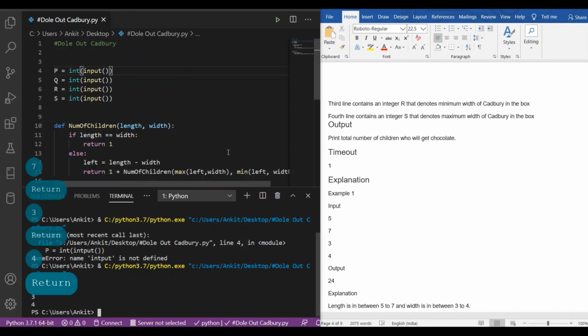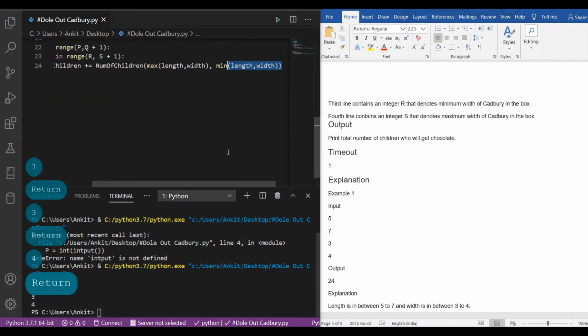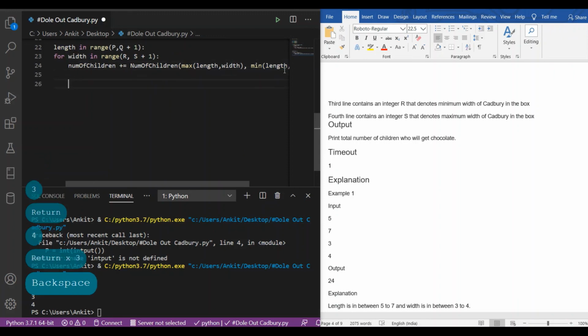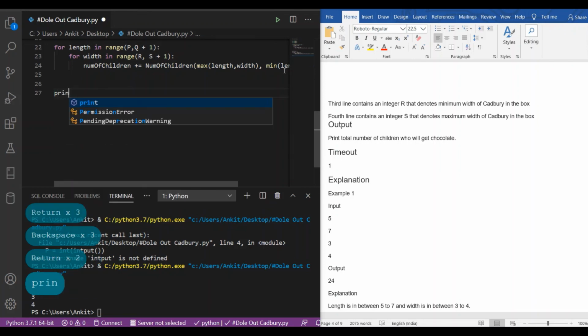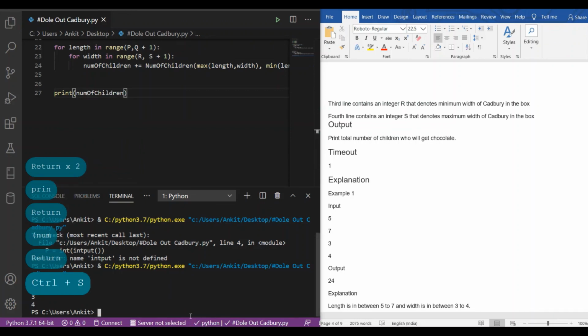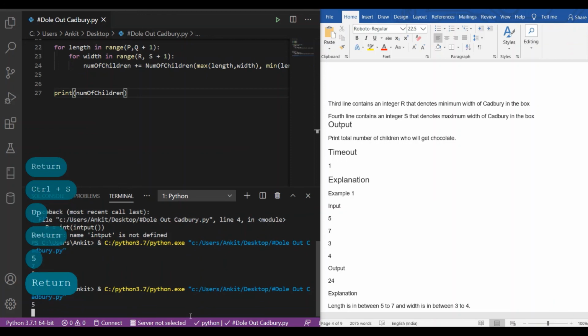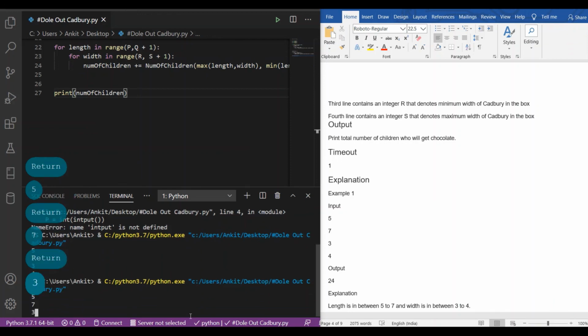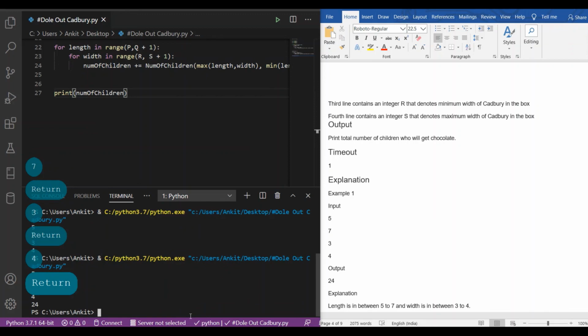Oh, we have not printed the result, so we have to print the result also, simply the number of children. Now let us run it again. 5, 7, 3, 4.